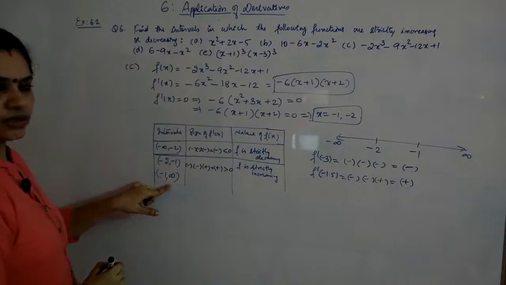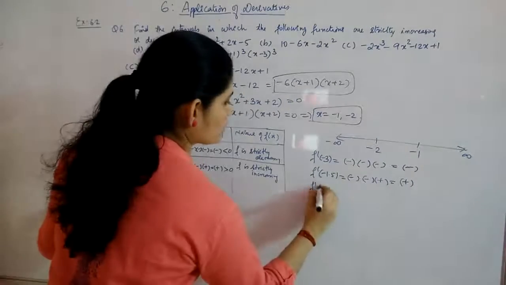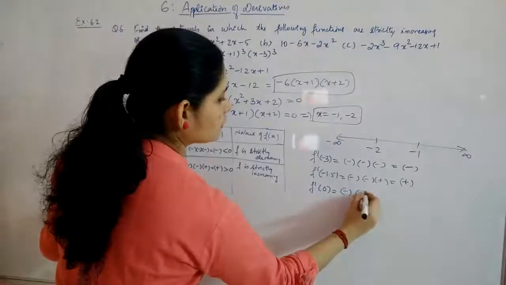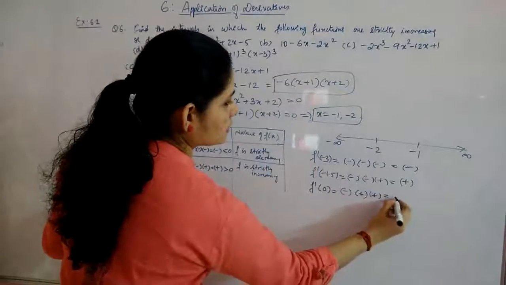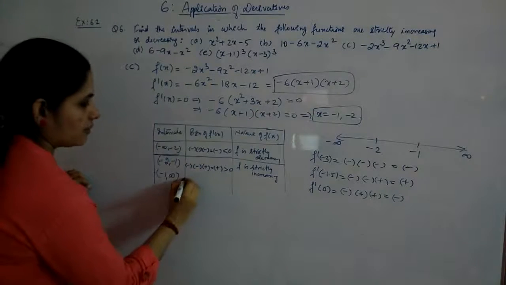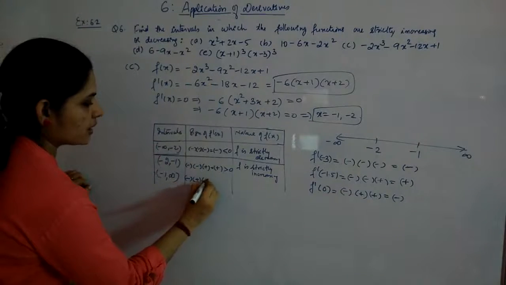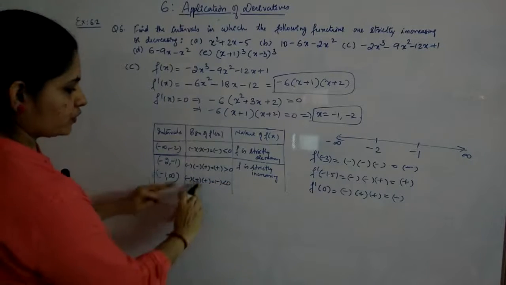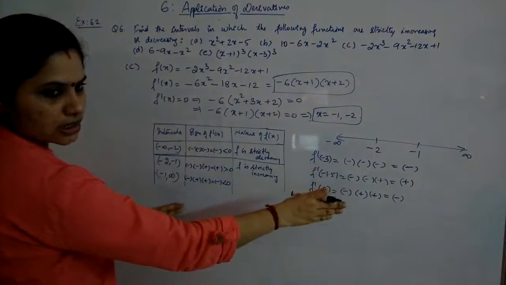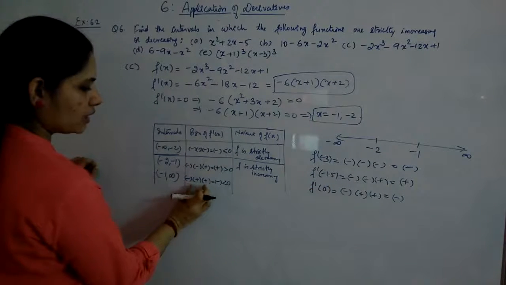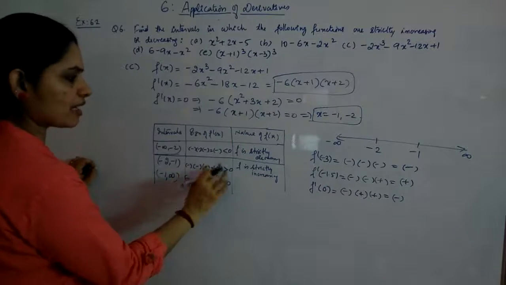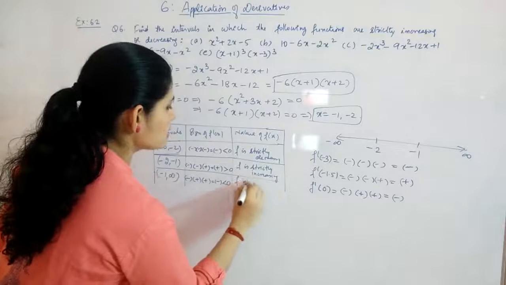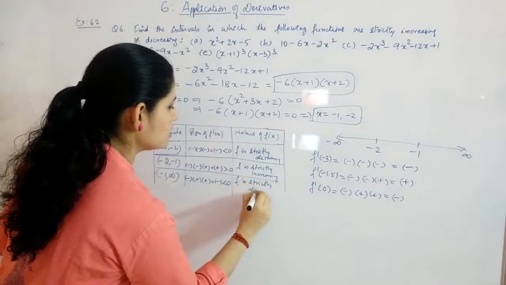And here, minus 1 to infinity, you can check for 0. So f dash of 0 will easily give you a negative sign here, positive here, and positive again. So in total it is minus into plus, which is equal to minus, less than 0. If you don't want to write these things, you can do it aside in your rough column and only write that it is giving negative or positive, or less than or greater than. That is also enough. So the function is strictly decreasing in this interval.